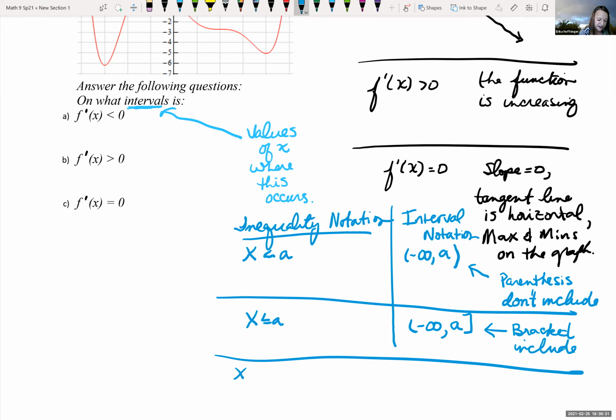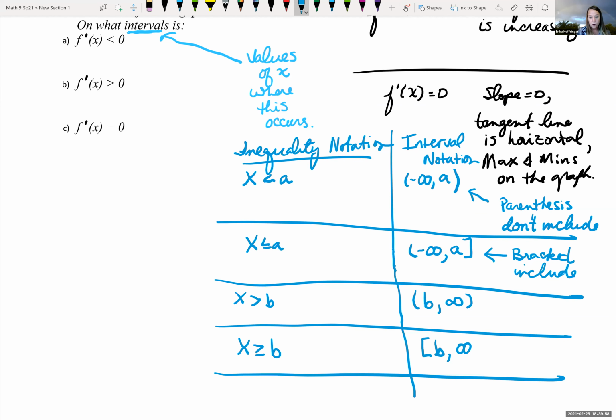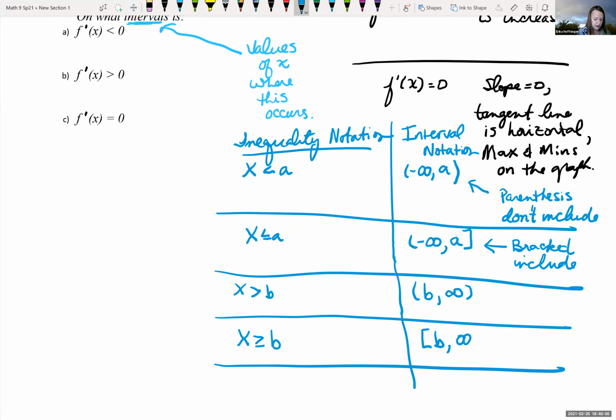So if we had x greater than b, we don't include b, but we're getting really, really close to b on the right-hand side, and we're going off to infinity. If x was greater than or equal to b, then we include b, so bracket b to infinity. And one more time, we might have an